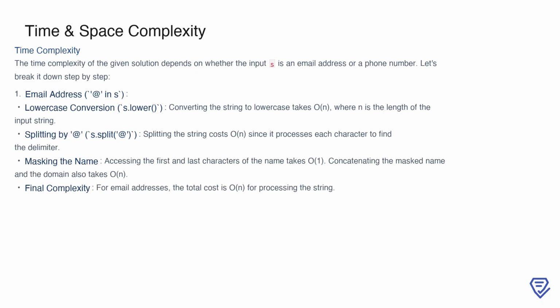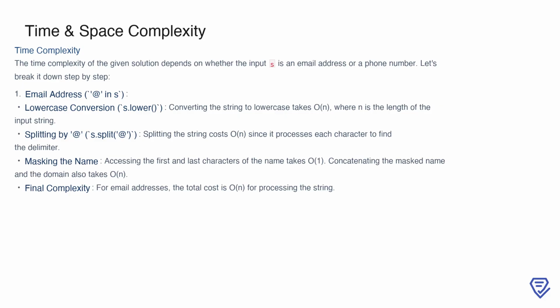The time complexity of this solution varies depending on whether the input is an email address or a phone number. Let's start with email addresses. First, converting the string to lowercase has a time complexity of O(n), where n is the length of the input string, as every character is processed. Next, splitting the string at the @ symbol also takes O(n), since each character must be scanned to find